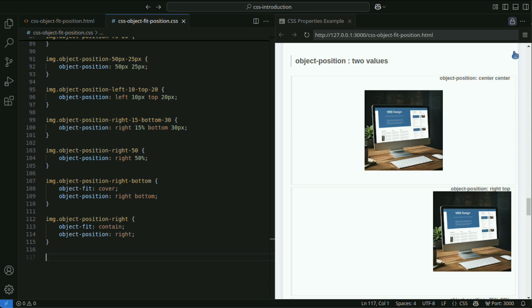Specifying 2 values allows you to set horizontal x-axis and vertical y-axis positions individually. When specified as object position center, the object is centered. When specified as object position right top, the object is positioned at the top right.